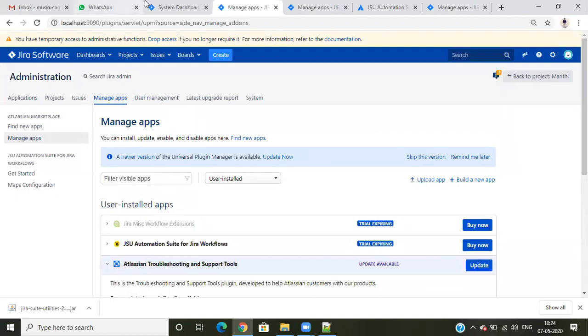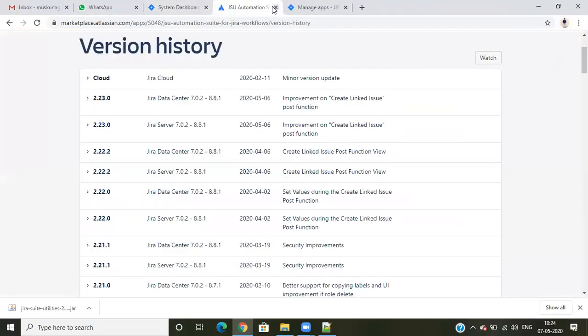Okay, next, so app installation is done, but these apps have a problem. Suppose you have 5,000 Jira users, and you want these plugins only for particular people, around 10 people. Is it possible to purchase a license for 10 people? No. When you install any add-on, the add-on cost will automatically be applied to all your Jira users. If I want only 10 people, or only 20 people, it is not possible.